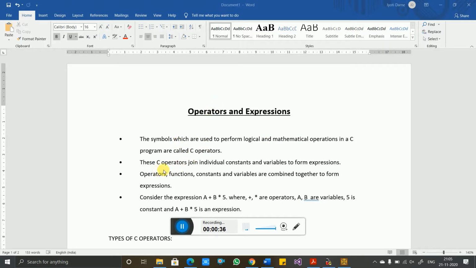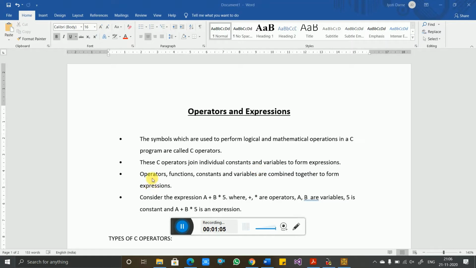Now C operators join individual constants and variables to form an expression. For example, if you want to do 2 plus 5, then 2 and 5 are the individual constants, and if you store those numbers inside a variable, then through that variable we can perform the operation.